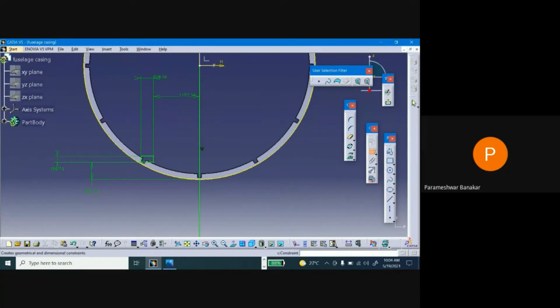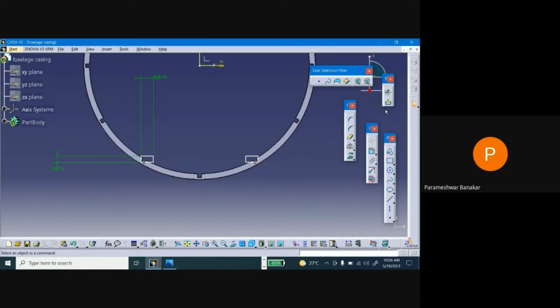So now use the mirror option, select this, go to mirror option and click this axis, you'll get one more slot here. Okay, after that you can delete this extra line. Now it's done. Remove this as well.